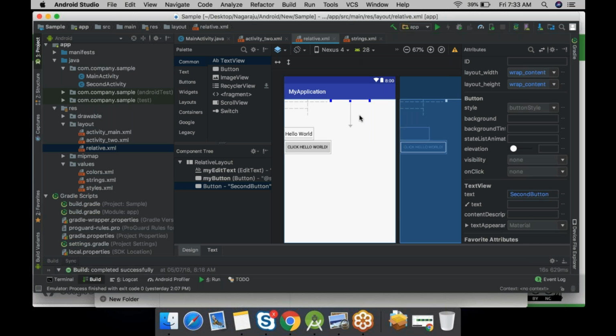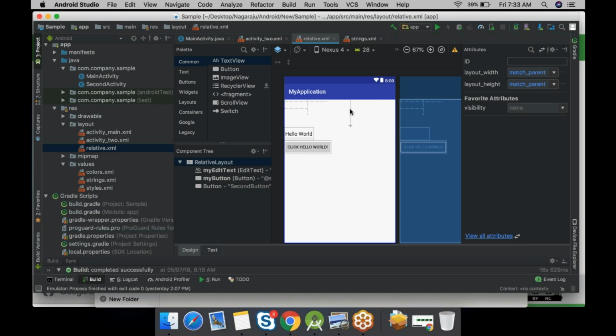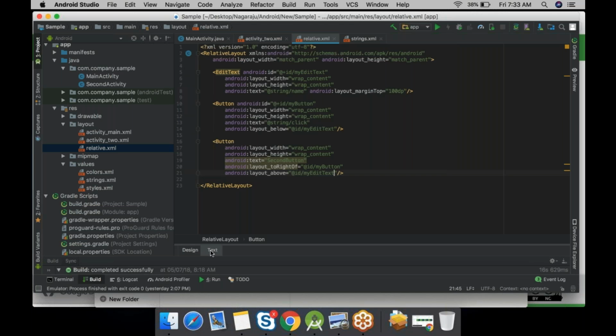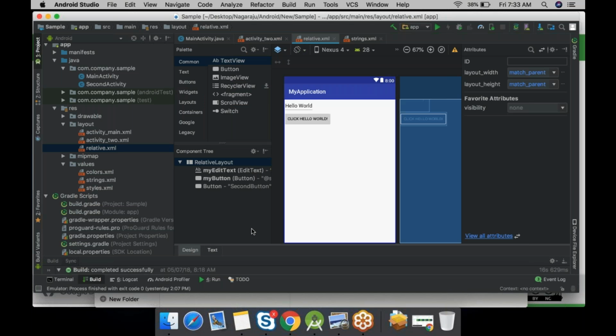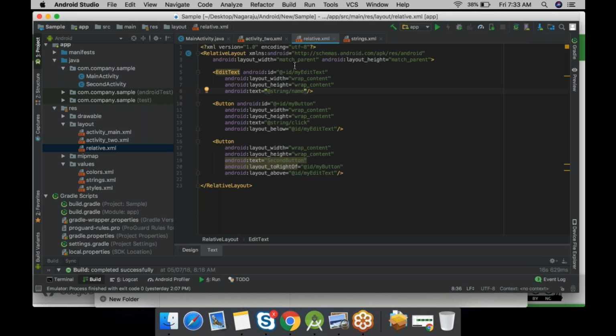Now I can see, right? Because there is 100 dp, that's why it is not visible to us. Let's remove this, and